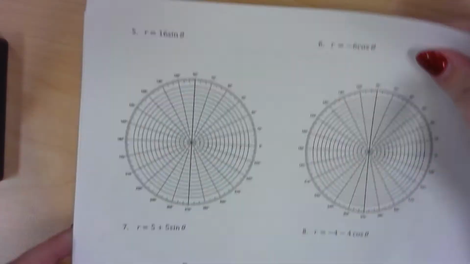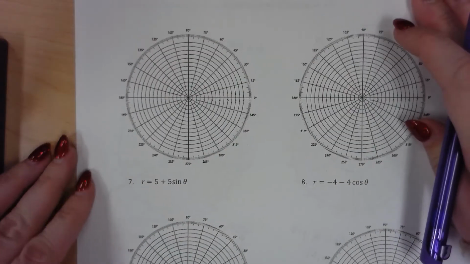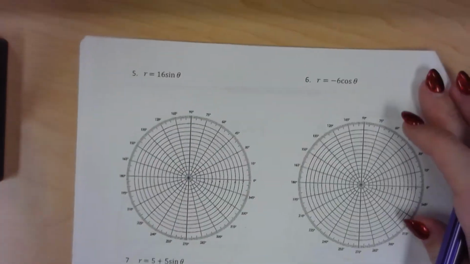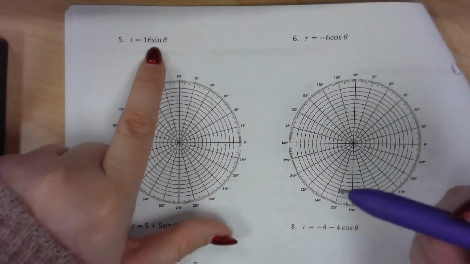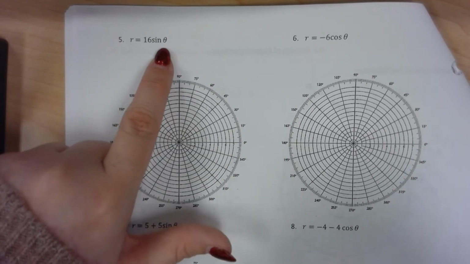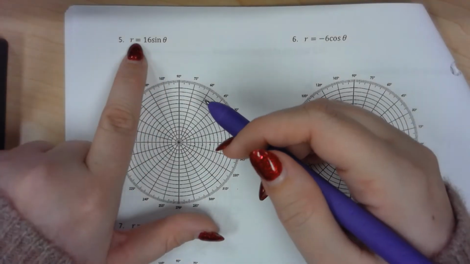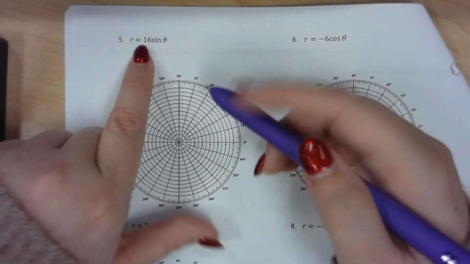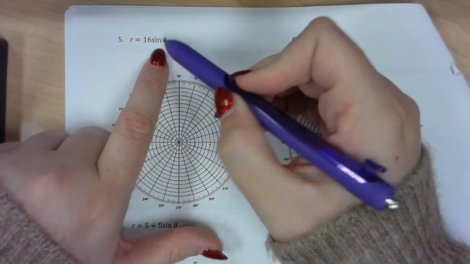Moving on to some more interesting ones. On number 5, we have r equals 16 sine. On the last problem we had r sine equals 16, so this is different. This is saying r equals, so I can't replace anything with y. When we have one that looks like this, r equals a number and then sine,